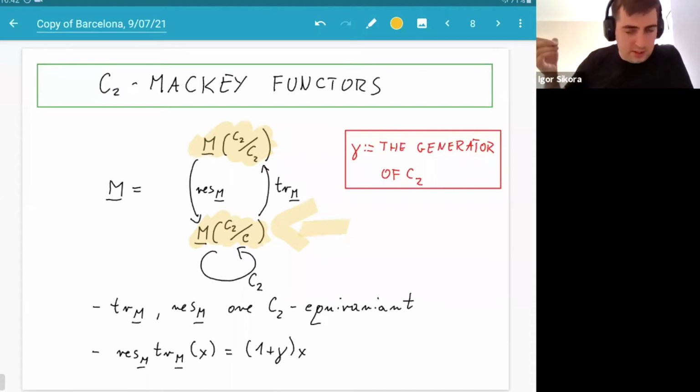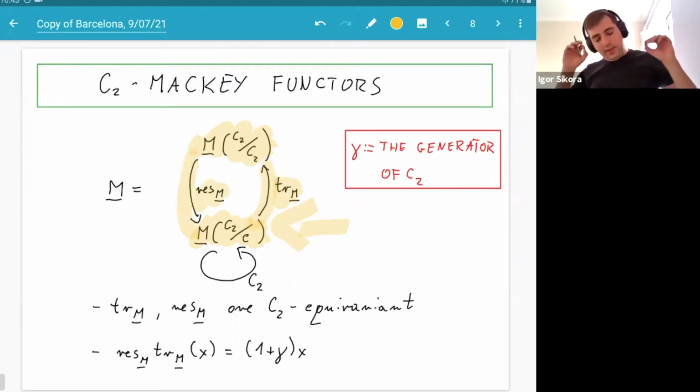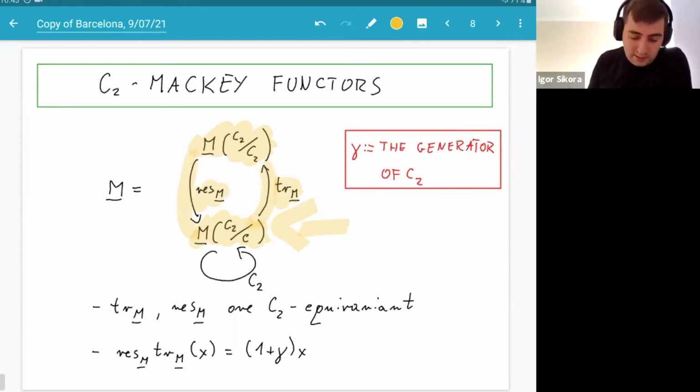And these abelian groups are connected by two maps, the transfer and the restriction. And these maps are connected by the formula,